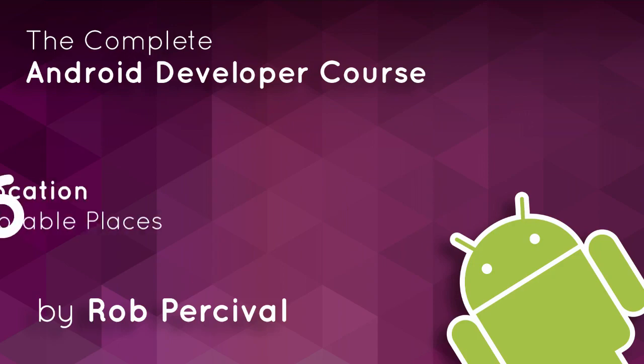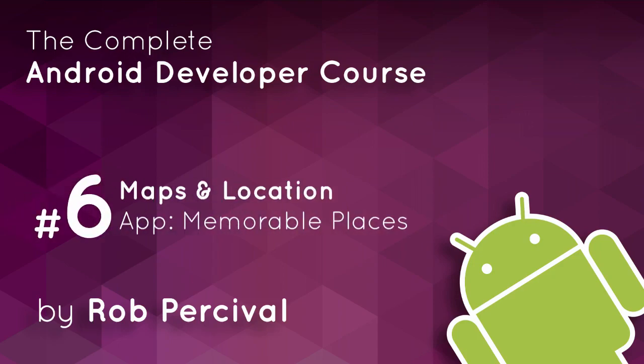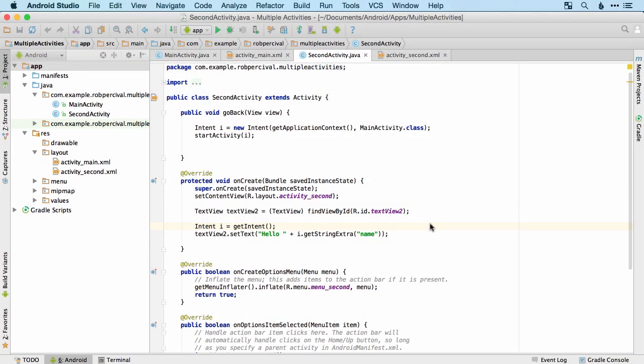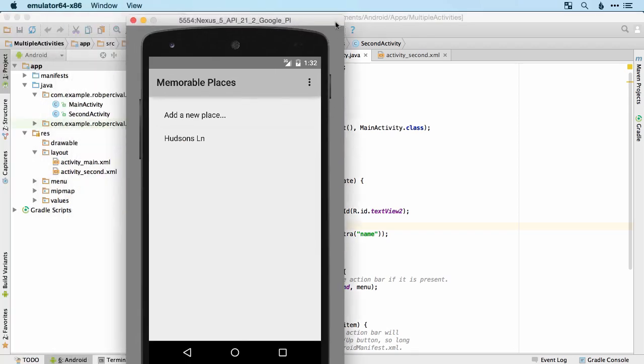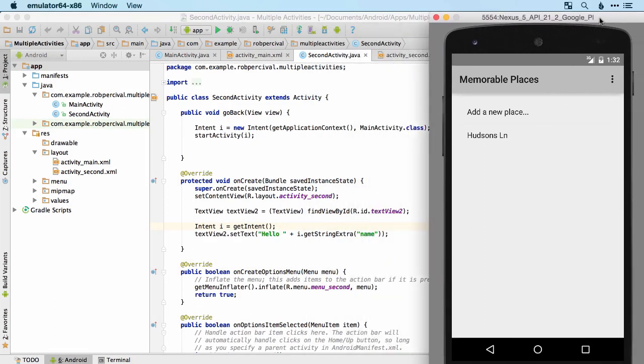So well done on making it to the last challenge in section 6. In this lecture, we'll be putting together everything that we've covered in this section. So we'll be using maps, location, geocoding, as well as multiple activities. And what we're going to be making is this Memorable Places app, where the user can tap on a list